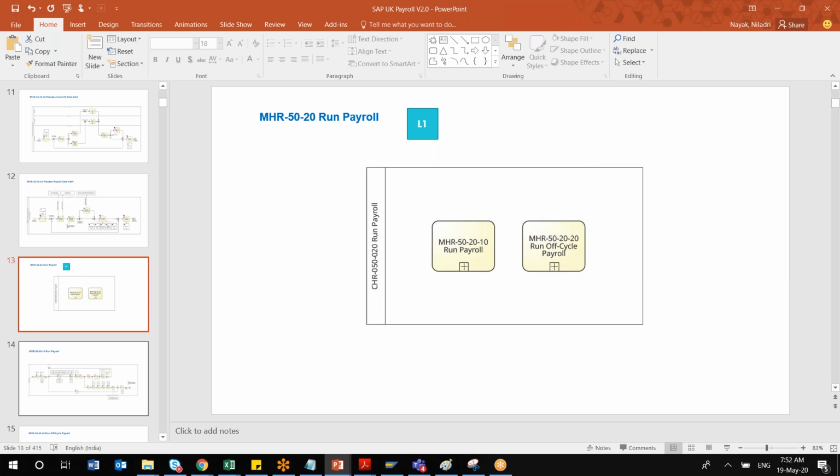Apart from your regular payroll run, there are certain payments that happen outside your normal payroll cycle, like reimbursement. Suppose your organization has a policy that on the 15th of every month, whatever people have claimed for that month will be paid. It can be telephone reimbursement, medical reimbursement, or any other ad hoc payment.